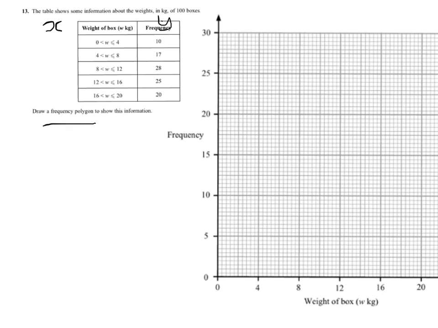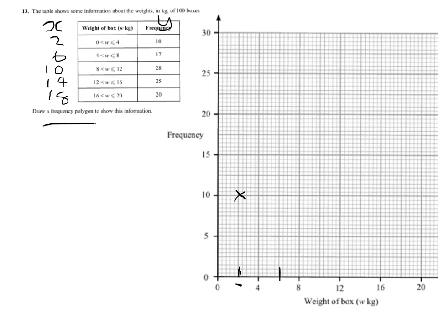So the midpoint of our first interval is 2, our second interval is 6, third interval is 10, so it's just halfway between 8 and 12, and then 14, and then finally 18, so going up in neat steps of 4. So we plot 2 against 10, so that's my first point there. Then we plot 6 with 17. Now your 2 is obviously halfway between 0 and 4, so my 6 is halfway between 4 and 8, so